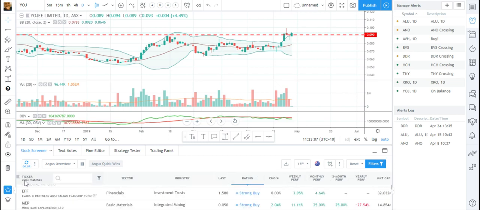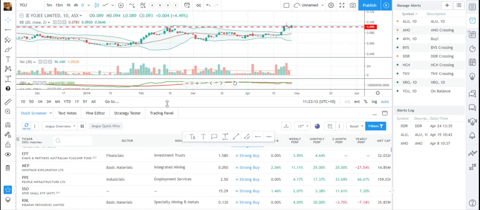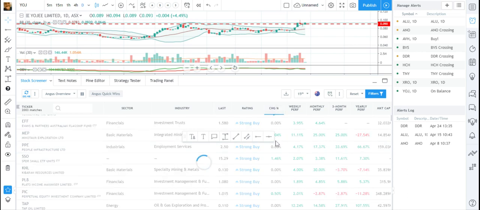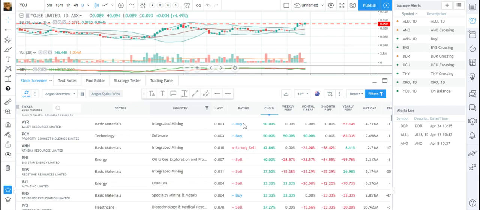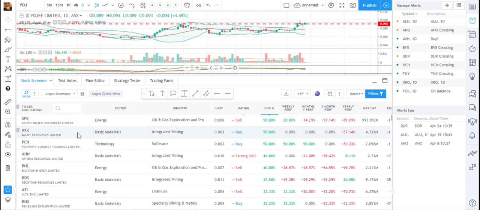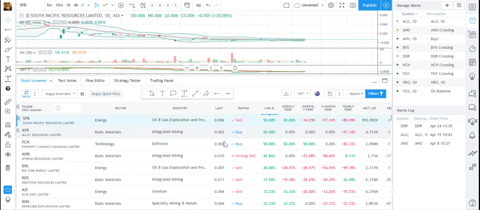You can see here I've got 2003 matches, which is roughly how many stocks there are trading on the ASX. If I make it a bit bigger for you. I can then say, show me the percentage change, so show me the stocks today that have had the biggest increase. And you can see here's some crazy ones. It's a 0.006 or a 0.003 stock. So these ones, to be fair, don't have to do anything to move. If I look at the chart,